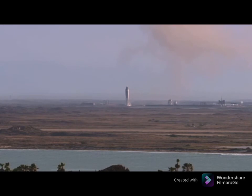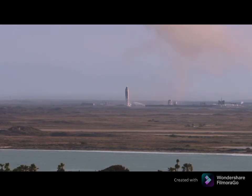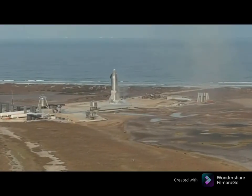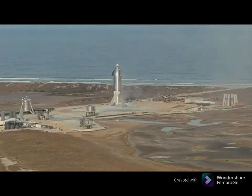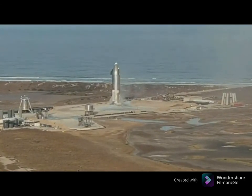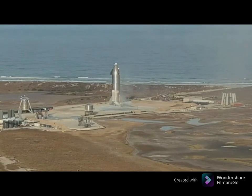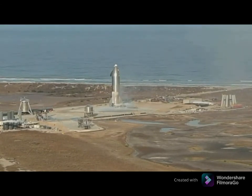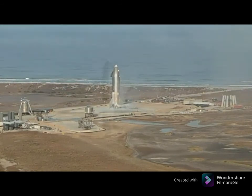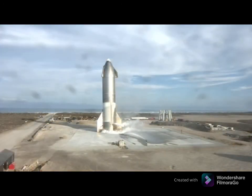We had a nominal ascent. We had the maneuver to place Starship horizontal when we reached 10 kilometers, right on time. And then during the subsonic entry, it appears we had good control of the vehicle using the front and aft flaps. As we approached the landing pad, we successfully lit the 3 Raptor engines to perform that flip maneuver. And then we shut down 2 of them and landed on the single engine as planned, a beautiful soft landing of Starship on the landing pad at